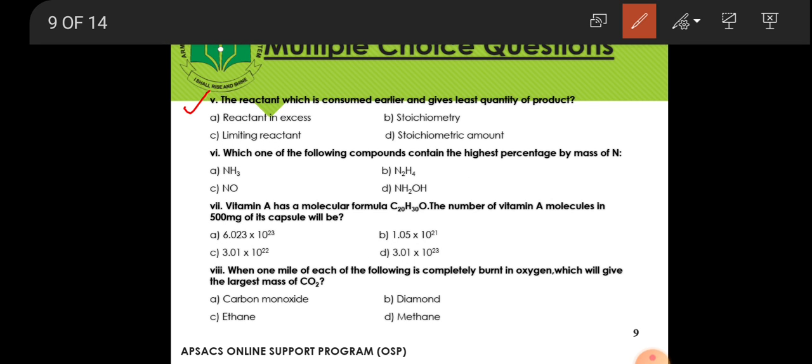Question number 5. The reactant which is consumed earlier and gives least quantity of product is the limiting reactant. Which one of the following compounds contains the highest percentage by mass of nitrogen? In which compound is the percentage by mass of nitrogen greater? So students, let's calculate. In A part, the molar mass of ammonia is